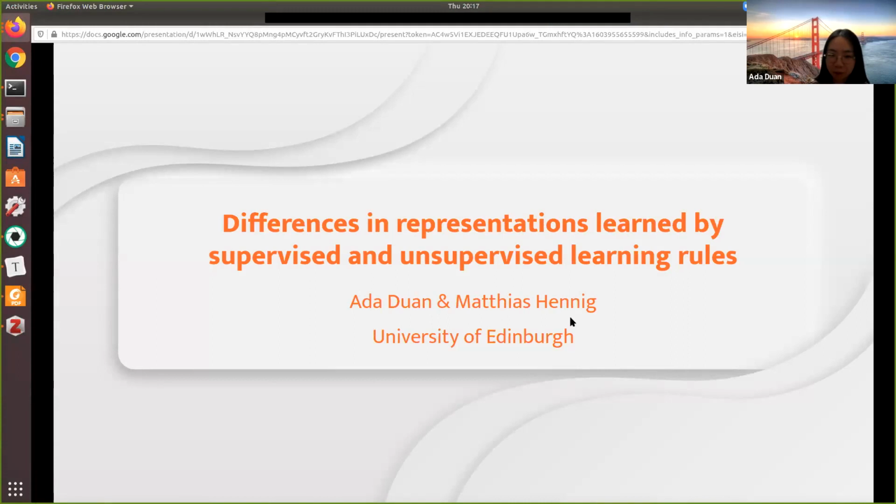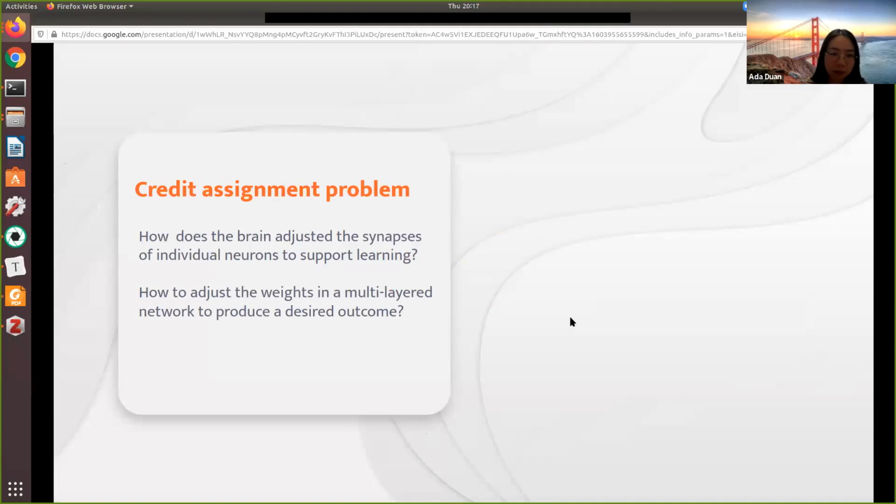In this talk, we'll have a look at combining a supervised learning rule, backpropagation, and one of the unsupervised learning rules to see how they work in a classification task. The purpose is to take a beginning step to see whether we can find a better learning rule to address the credit assignment problem, which is how does the brain adjust the synapses of individual neurons to support learning, and how do we adjust the weights in the artificial neural networks to produce a desired outcome with respect to our